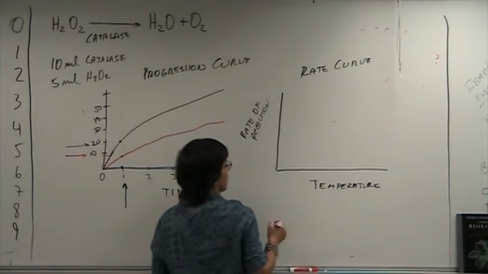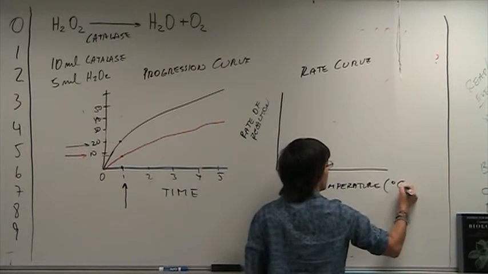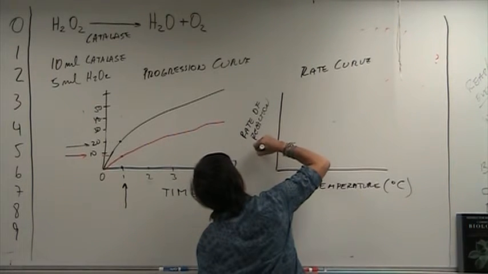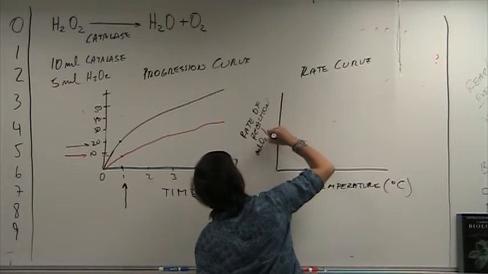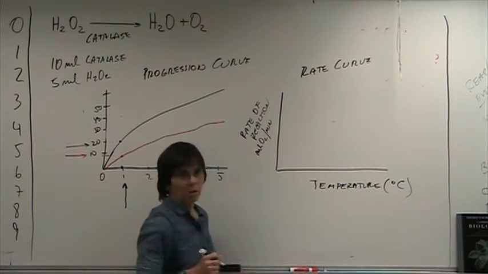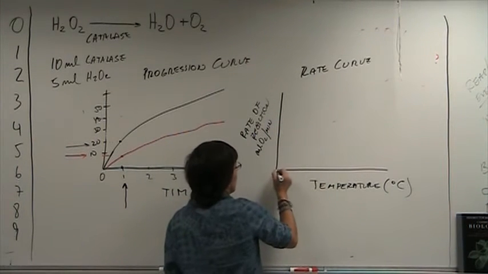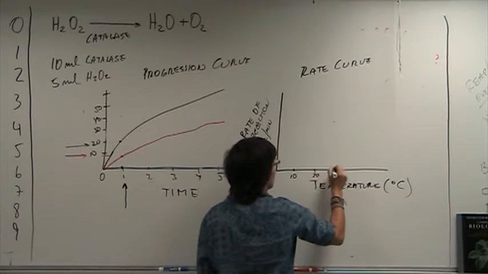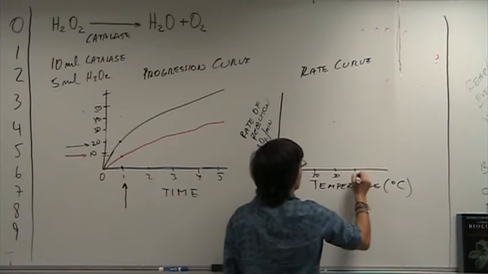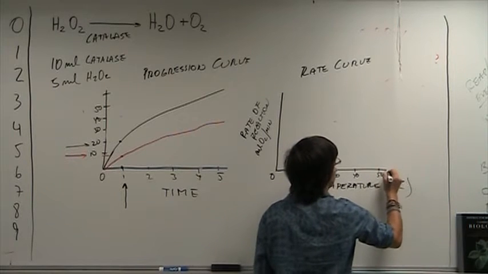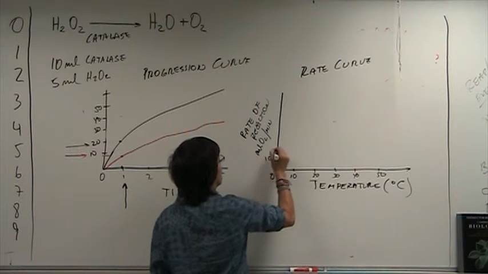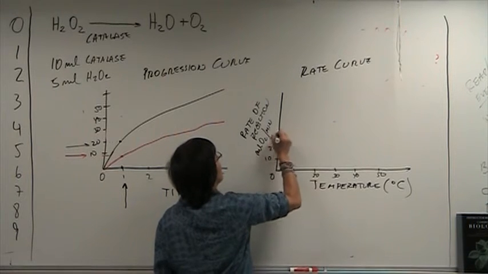So when you do this type of curve, temperature in Celsius, rate of reaction in mLs of oxygen per minute, please remember your units. What you're gonna have is temperature 0, 10, 20, 30, 40, 50. And rate of reaction, you're gonna go 10, 20, 30,